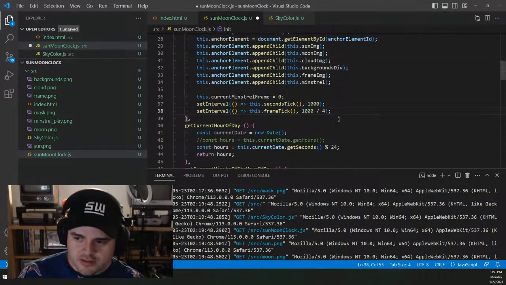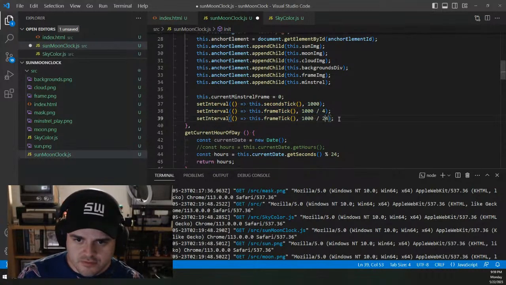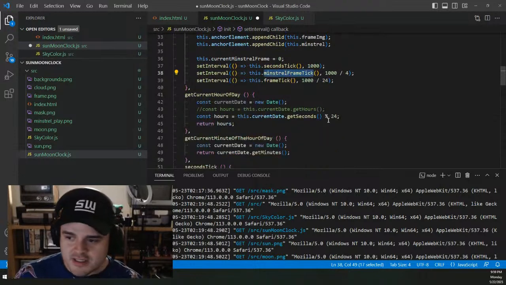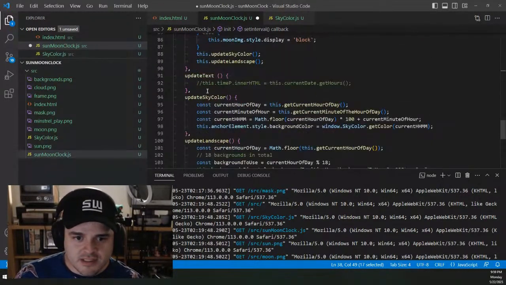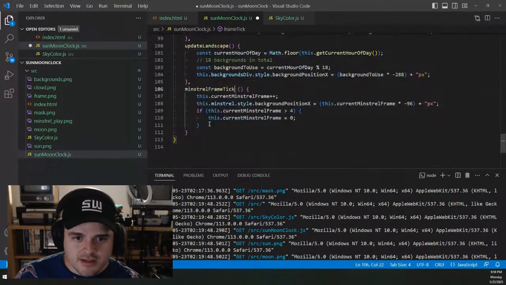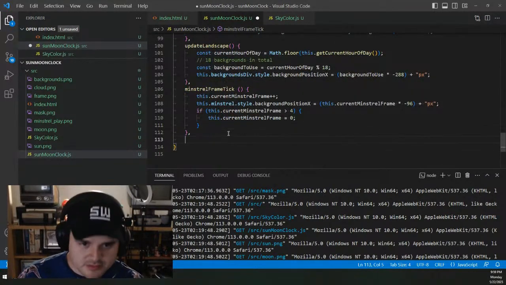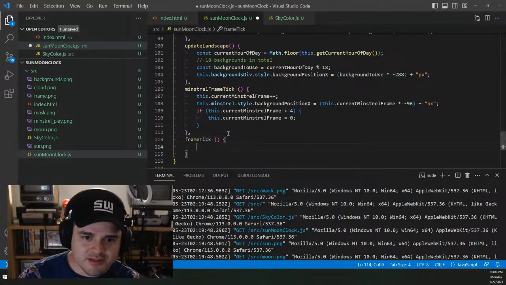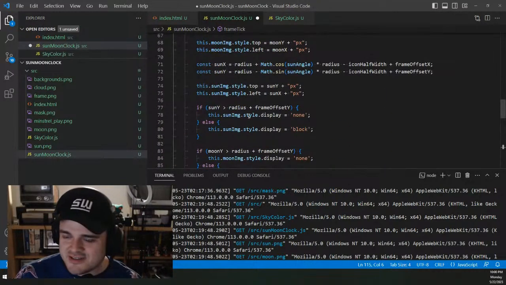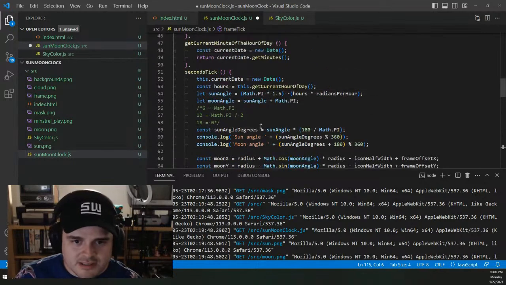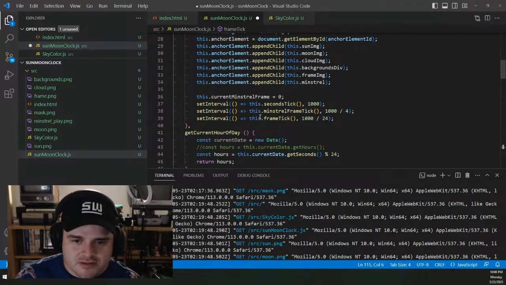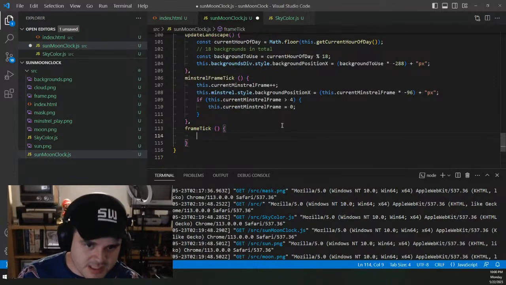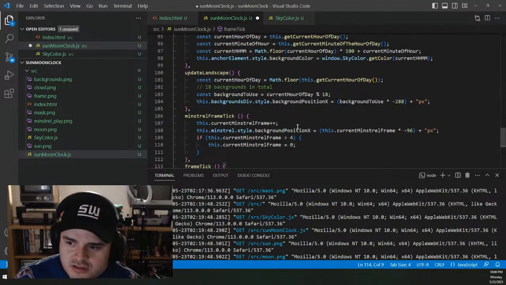We are going to set another interval to 24 frames per second. So this is a minstrel frame tick. This is growing a lot. You know, we are not using any framework because this was going to be something pretty simple, but it's getting to the moment where it looks like we could use some framework for this. But anyways, let's not do it for now. So 24 frames per second is going to be the frame tick, and we are just going to